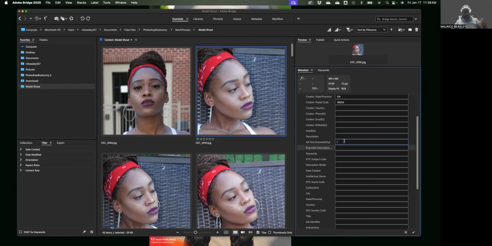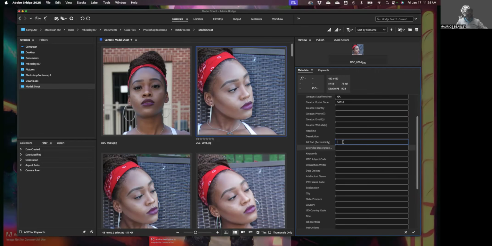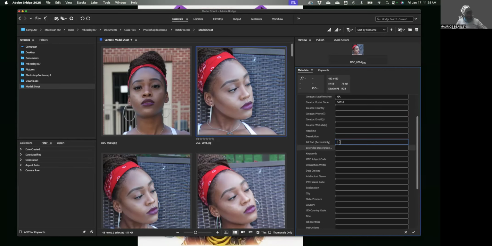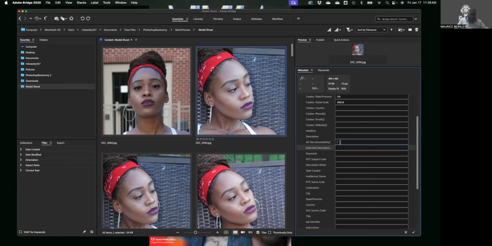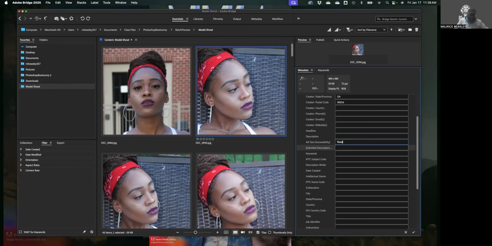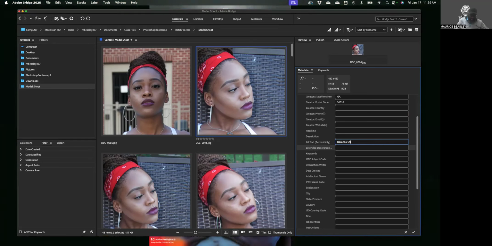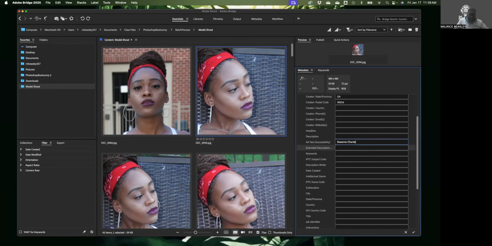So whenever you see alternate text, there's an alt text entry right here. You're going to put in something that would describe the picture. So I think her name, I forget her name. Let's make up a name. Let's just call her Roxanne. Roxanne Shantae. And if you know who Roxanne Shantae is, don't give it away. Roxanne Shantae,